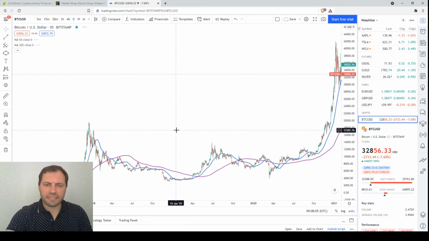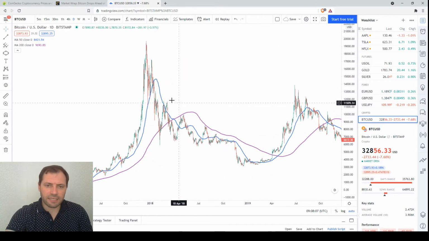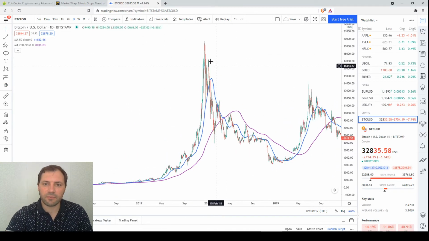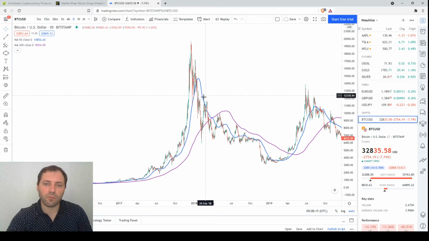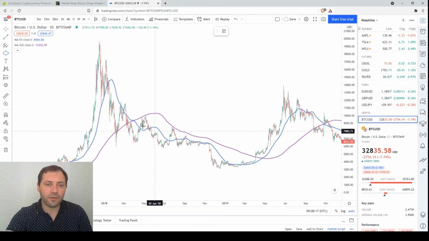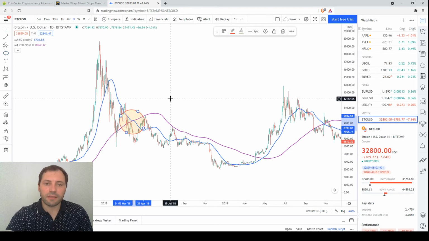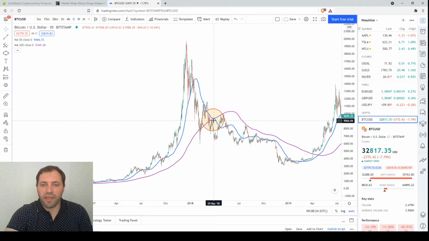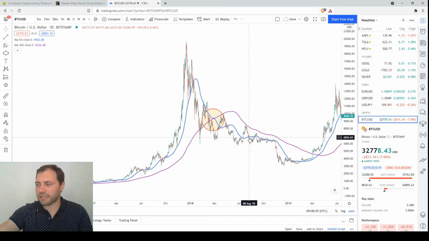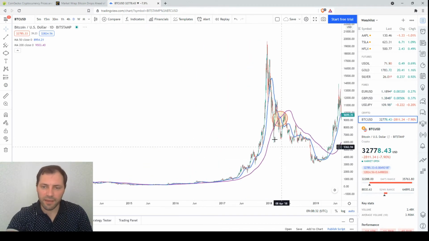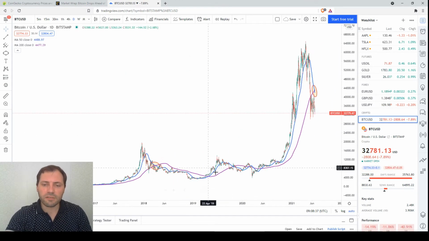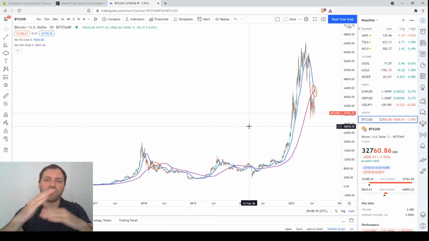Now, yes, it could be that this is a solid bearish signal. Let me show you the price dynamics in 2017. That was the solid price increase followed by a price decline, and here we see that such kind of dead cross took place, and it was in April of 2018, and after that the price started slowly to decline and we entered the bear market, or that was the very beginning of the bear market. But of course, if you analyze the price chart, there are many such kind of crosses